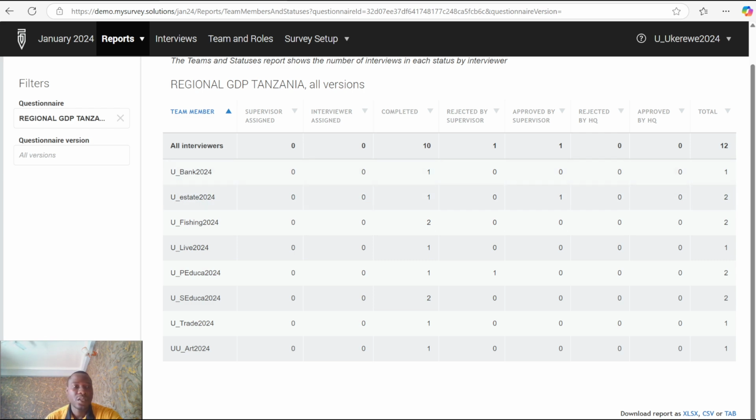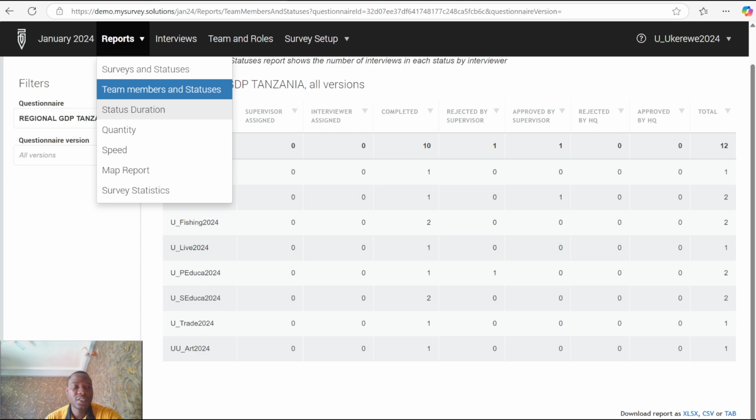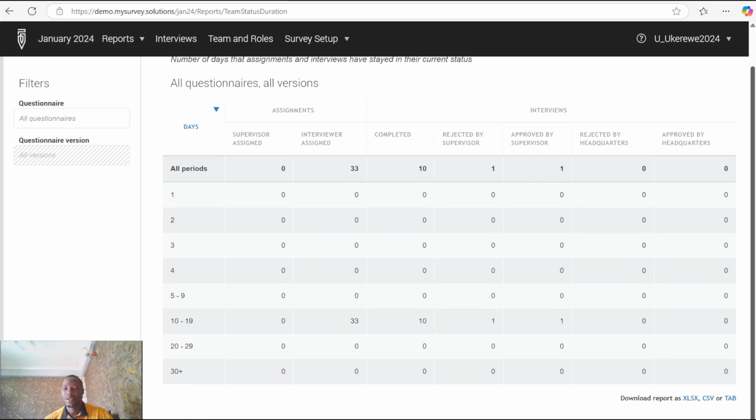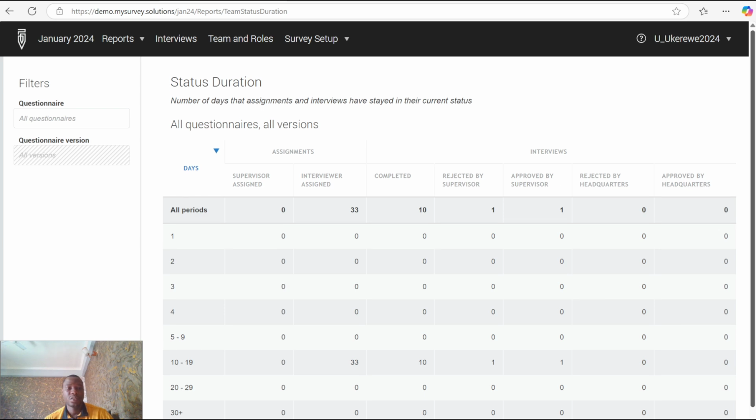Okay, the third part is the status and the durations. Here, it means you need to observe the time spent by each team member